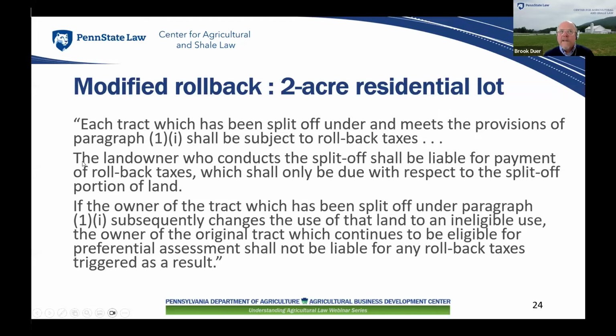This might be one of the only sentences in the law that is this clean. If the owner of the tract, which has been split off under paragraph 1, that's the section we're talking about, subsequently changes the use of that land, in other words, the person who bought that little residential building lot that was less than 2 acres, if they change it to an ineligible use, the owner of the original tract, which continues to be eligible, the rest of their land, shall not be liable for any rollback taxes triggered as a